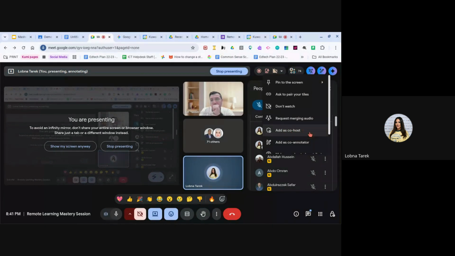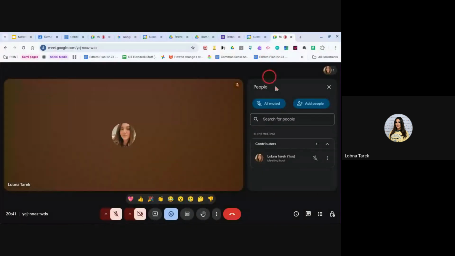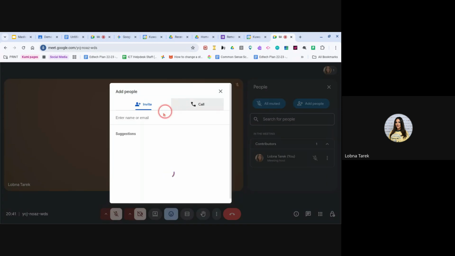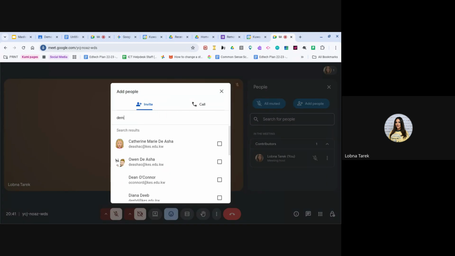Making someone a co-host means that they are going to have the same privileges that you have as the meeting's host, okay? That is one thing. So while you're in the call, if you know a certain student's email address and the student is struggling to join your call, you can just click on add people as Yasser showed you, and you can just type